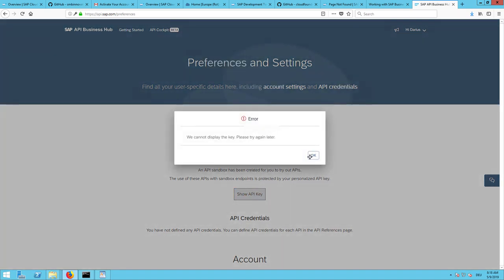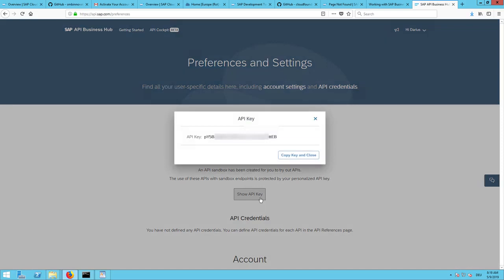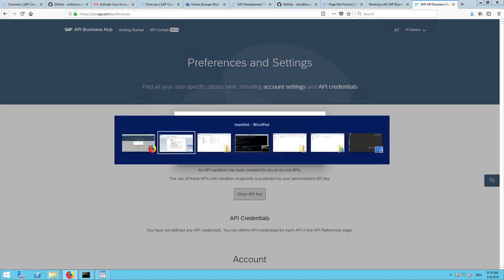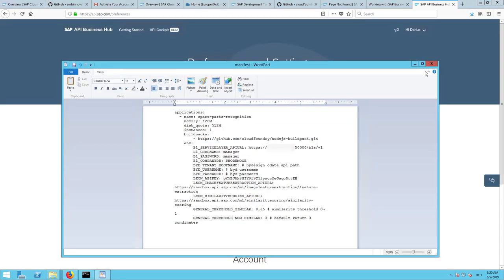So sometimes it will take a few minutes, so we will check back later. Alright, so now it worked, so I will just copy the API key and will enter it also here in this parameter part, and will just save it. Okay,